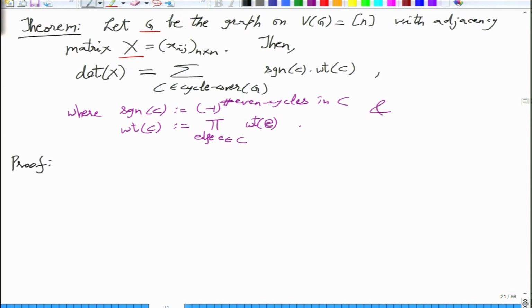I think it should be clear by the previous example of a permutation decomposed into cycles. By that example, you just have to use that example on the definition of determinant. So the determinant by definition is going over all the permutations.